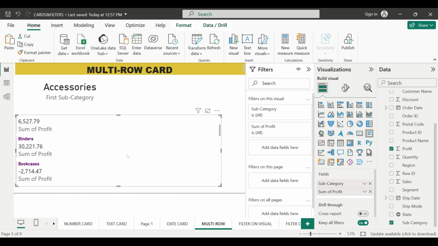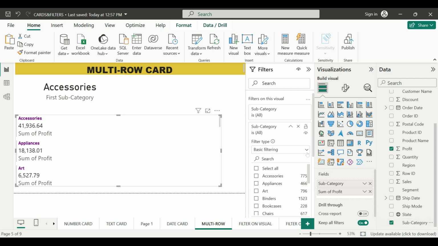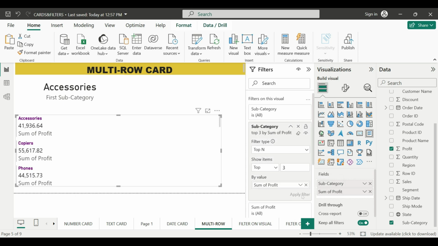What I only want is the top 3 subcategories by profit, the highest profitable top 3 subcategories. So I drag the subcategory, drop it into the box, click on this drop down and select the top option, and here I can select 3 and drag profit into the by values, and if I click on the apply filter button, you can see 3 subcategories are given and they are the highest profitable.